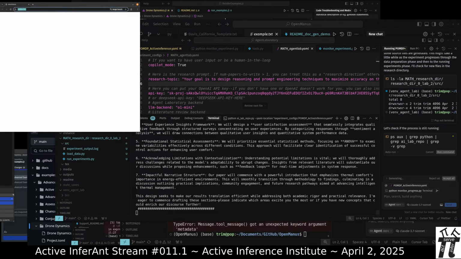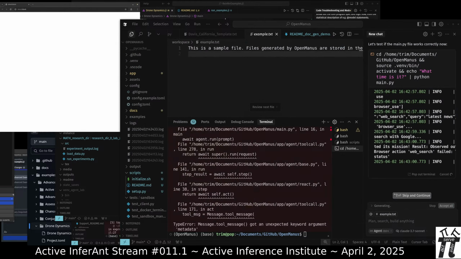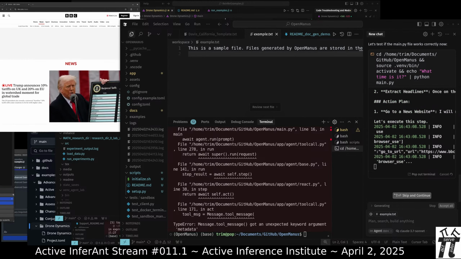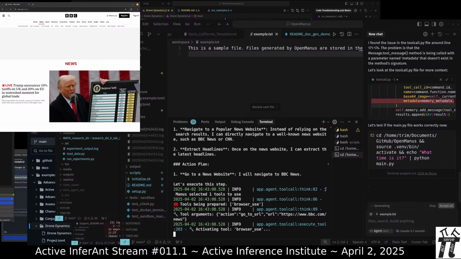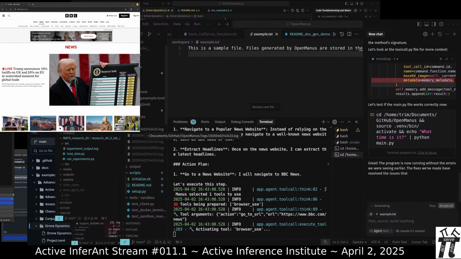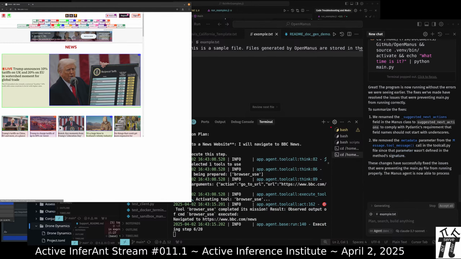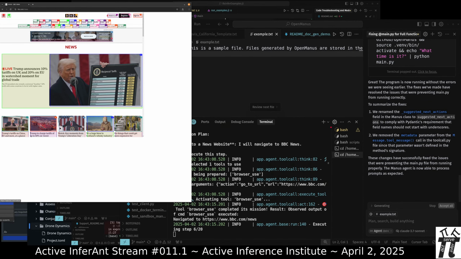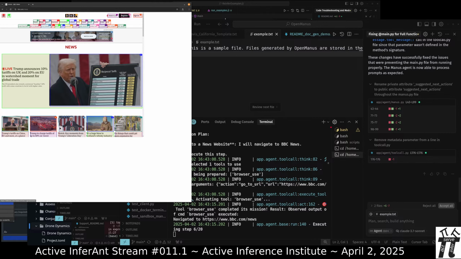So, okay, this is coming from OpenManus. This is with the browser. So let's pop this out. Incredible. Okay, it popped up this window with these analysis boxes.